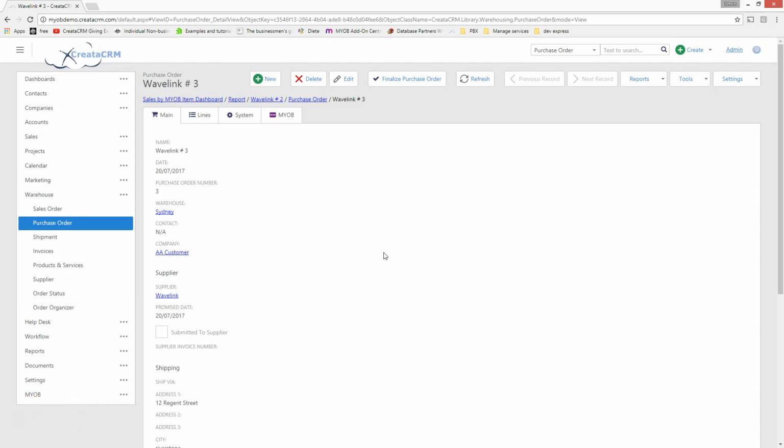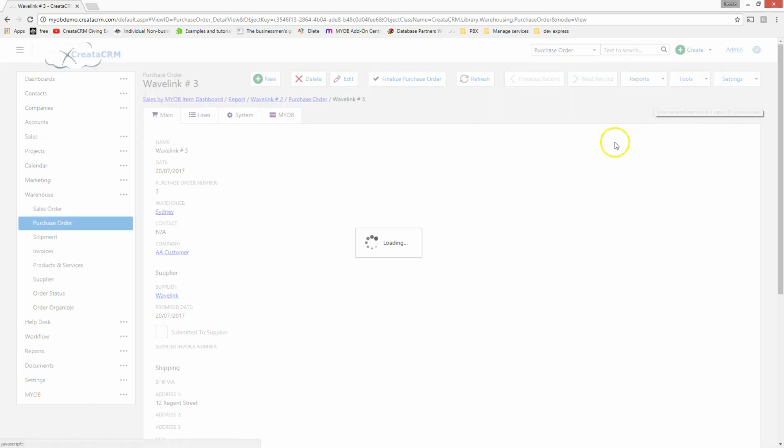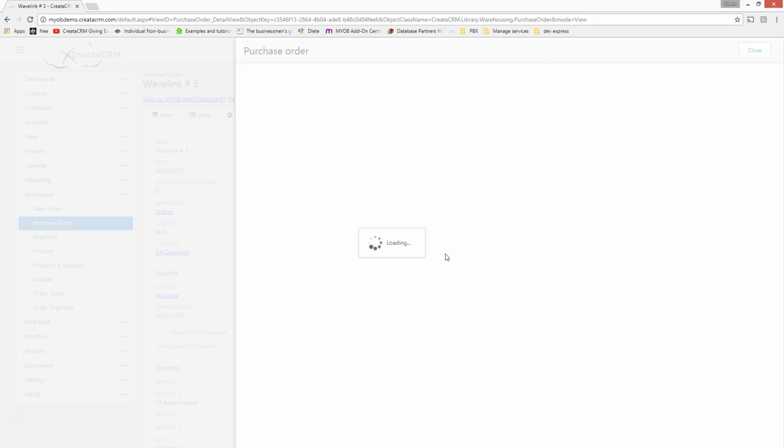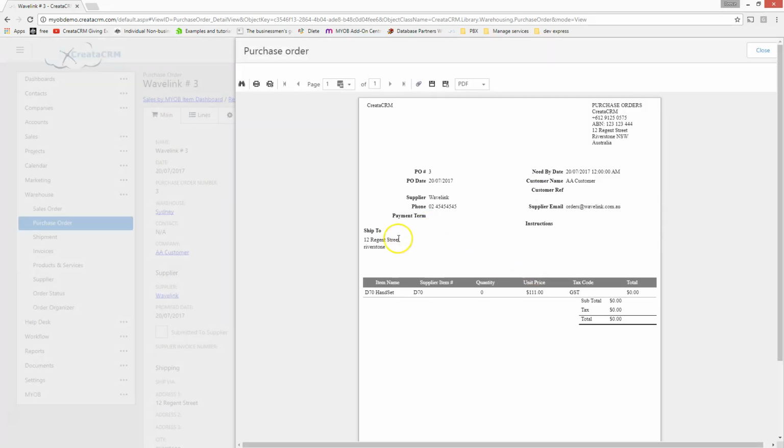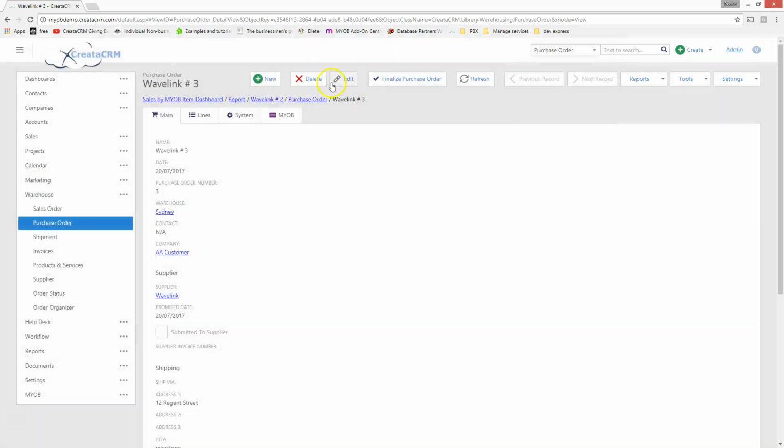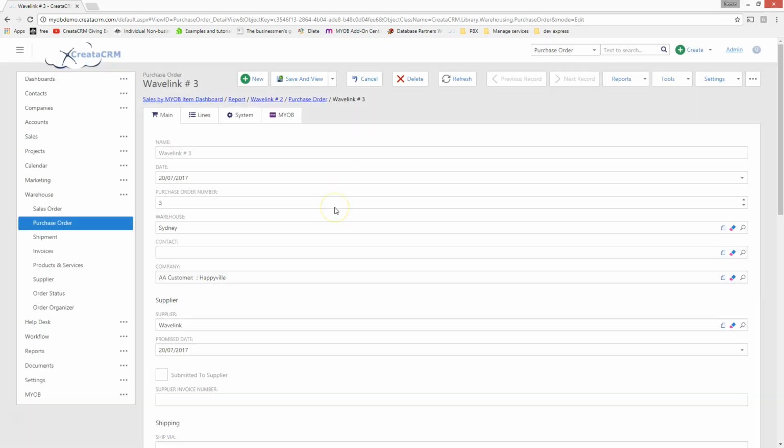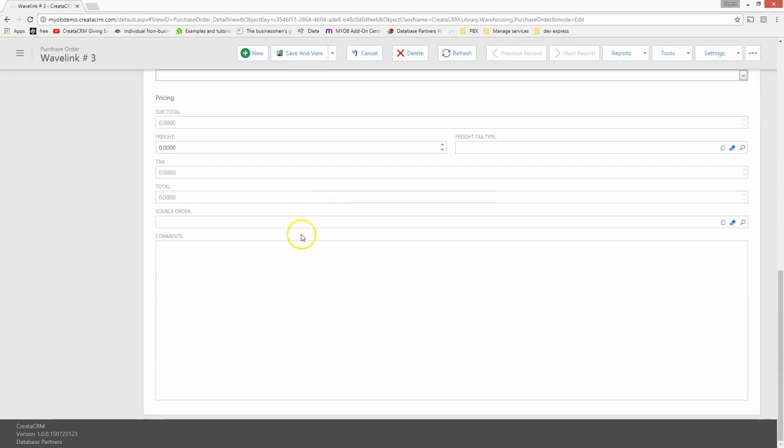Now, the next thing you probably want to do is quickly email the supplier. To do that really simply, you go to the Reports drop-down menu and Show Reports, which has the purchase order report connected to it. So it just shows you that you're shipping to 12 Regent Street here. And you could add instructions here, by the way. So I may just quickly make instructions on here. On the purchase order, I just scroll all the way down and say,